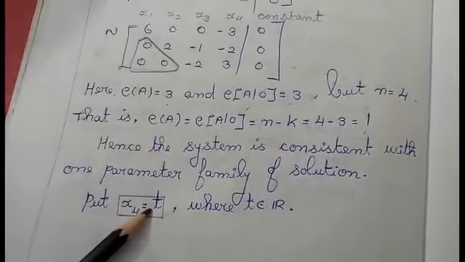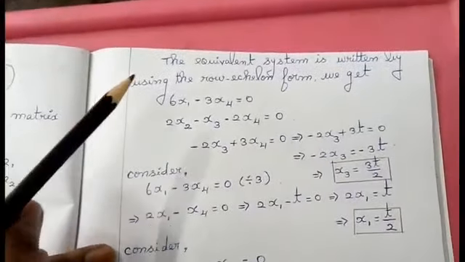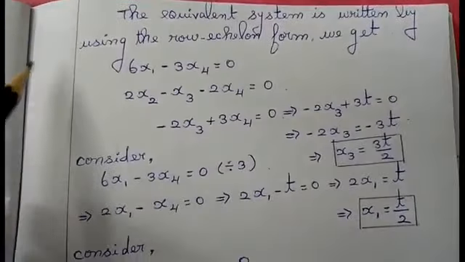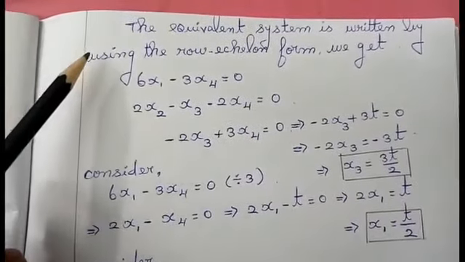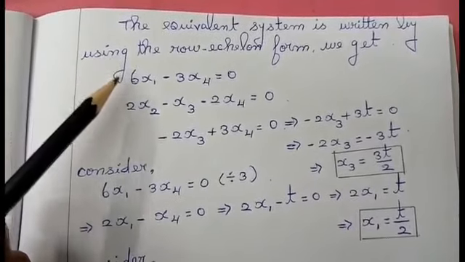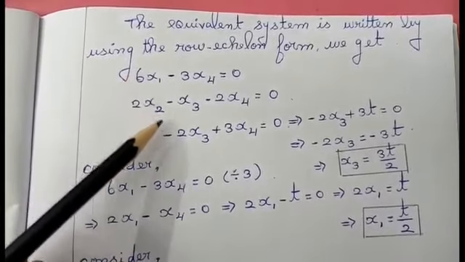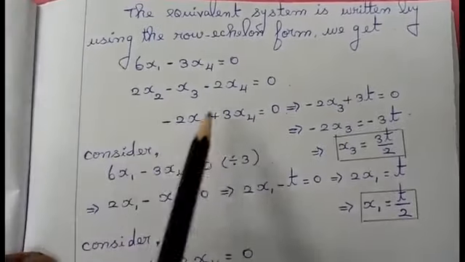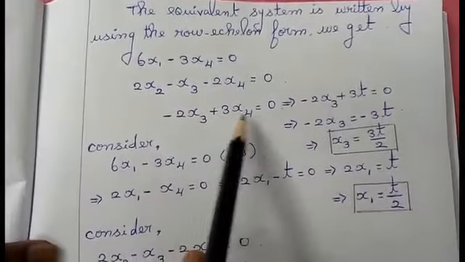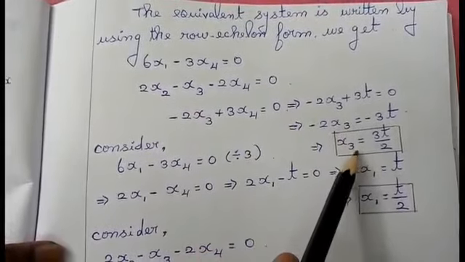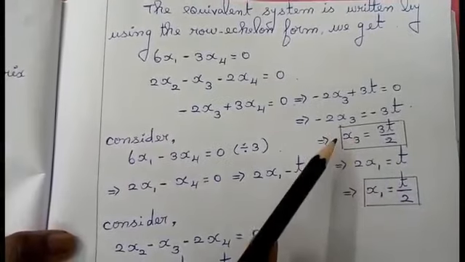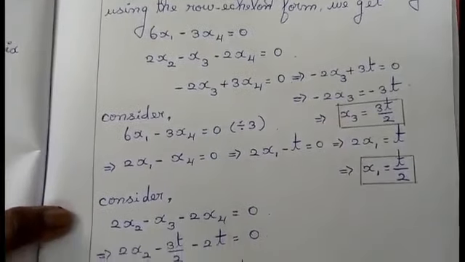I am going to use the back substitution method. Back substitution method, I am going to go in reverse. First, I have given the value for x4 equal to t. Now I am going to go for x3. Before that, I told you how to derive these equations from the matrix. I have derived 3 equations. I am just taking the last one. Last one, x4 I am replacing and I am getting the value for x3. Then just see the procedure. In the same way, you will be getting the value for x1 and x2.